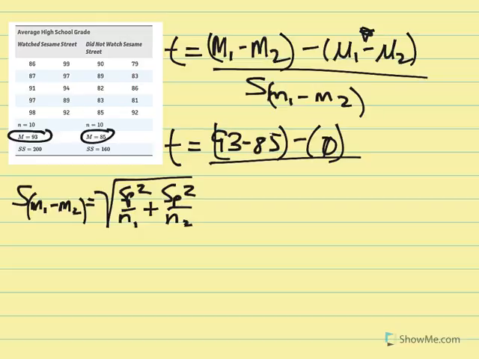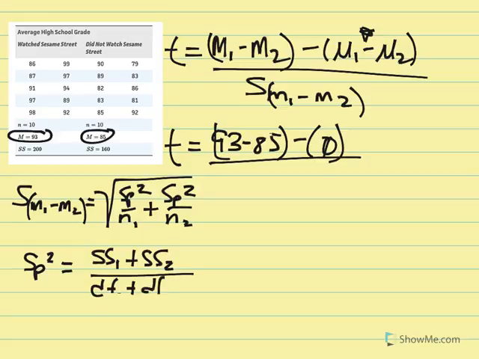And our pooled variance, again, was calculated in the previous example. But just for sake of review and more exposure to the equations, since we have the data right here in our table, our pooled variance is equal to sum of squared deviations for our first distribution added to the sum of squared deviations for our second